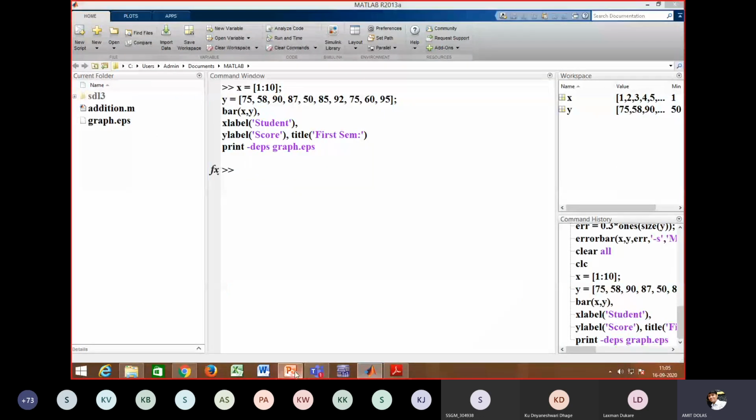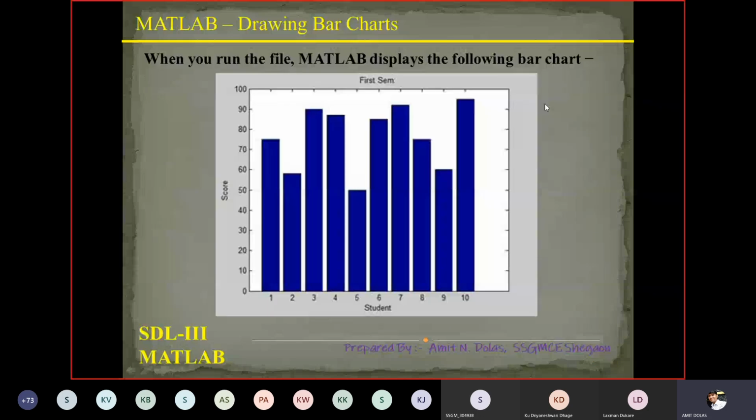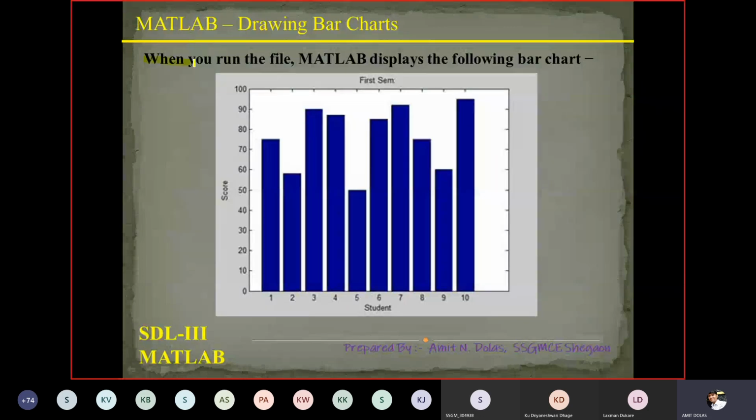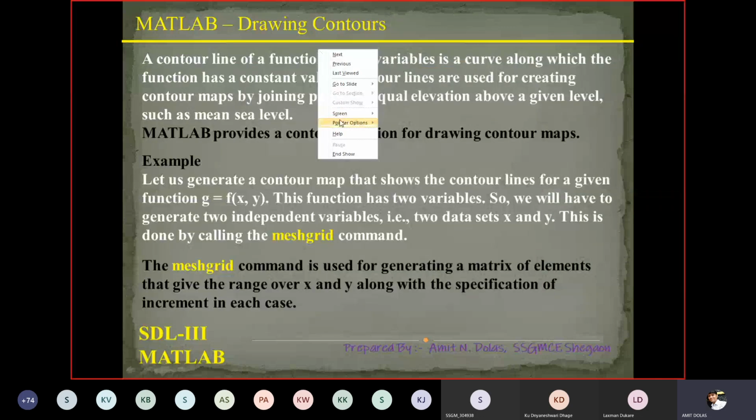Now again, such type of output you will observe that we have already seen by executing the commands or the script. Here the single example is sufficient for the bar chart, because if you change the data, accordingly the bar chart will change, accordingly the labeling will be changed. So we'll not go through another example.